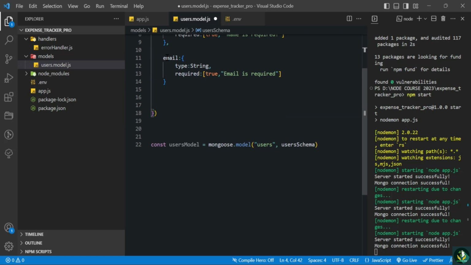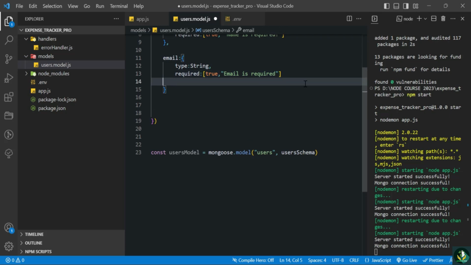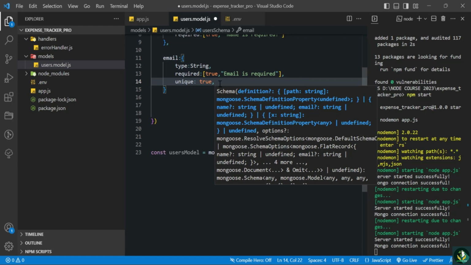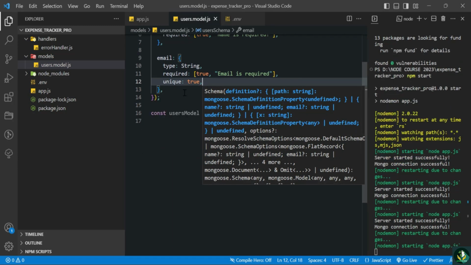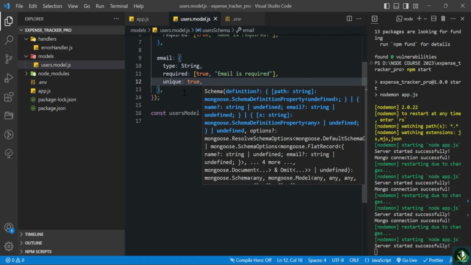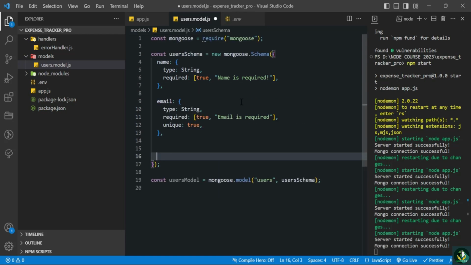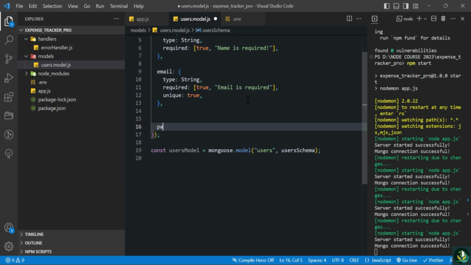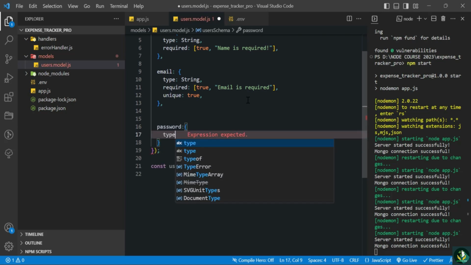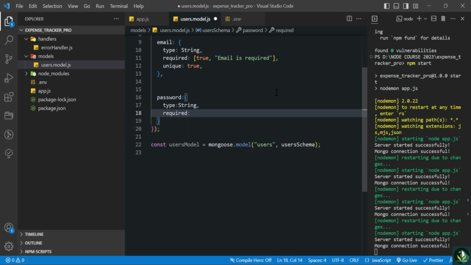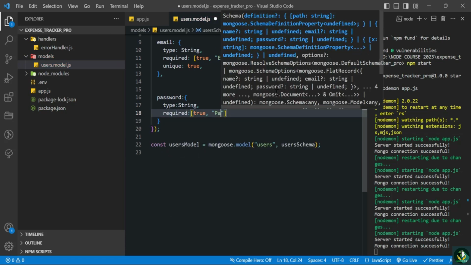Now if you want a certain field to be unique, then you can write this validation in the model itself. So for that, unique equals true, and if the user tries to provide the same email address for the registration that is already registered, Mongoose will throw an error, right? Now the other fields are name, email, and the other field is password. So the password will be of type String, and it will be a required field, "password is required",